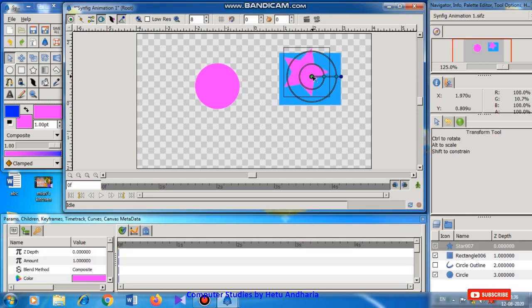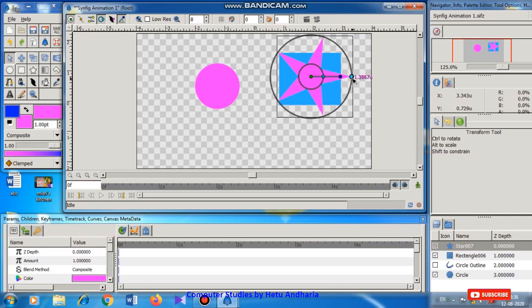Here I would like to explain the meaning of these different colors. Light green color is used to move the position of an object. Blue color, that is aqua blue, is used to change the radius of the circle. Now in the star, the petals will get bigger by this light blue, and this inner light blue will change the inner part of that star. So it can become like a hexagon also. Now to rotate the star, this dark blue handle or node is given. If I rotate this way, the star will get rotated. This is very useful. If you want to create an animation in which the star is rotating and going from one corner to another, you will have to use this tool.